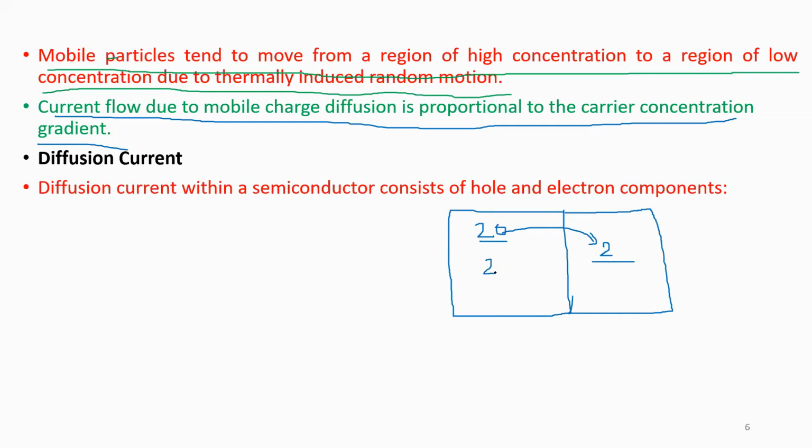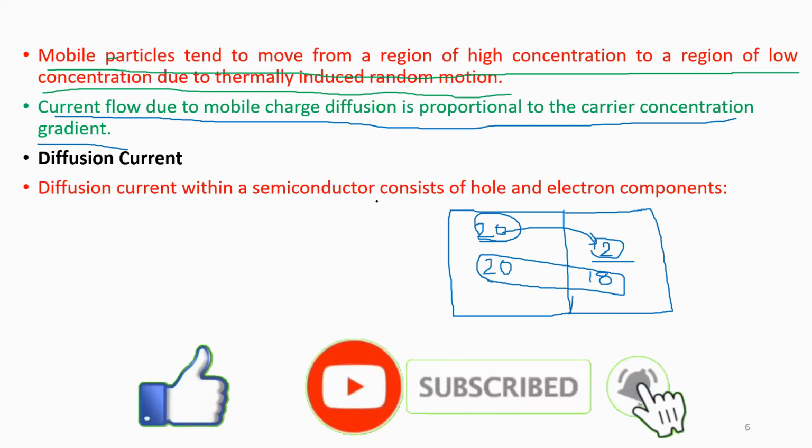Similarly, if there is a classroom with 20 students and another where 18 students are sitting, then what happens? No significant movement will be there, because 20 and 18 are almost the same. They will see what is the benefit of moving from one class to another, as we have almost the same number of students. But in the earlier case you can see the difference. Similarly, when you have this number of particles on one side and this on the other side, they will try to move to the lower concentration. So that is called concentration gradient. I hope this idea is clear to you.